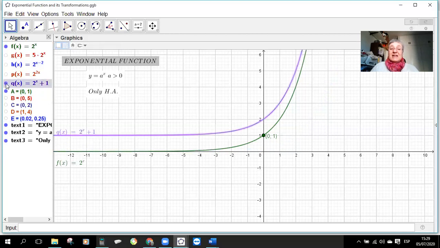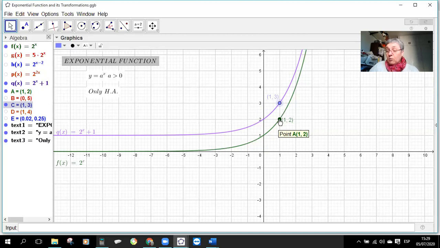What happens if I add 1 to 2 raised to the x power? So then the graph of the function will be moved up by 1 unit. Let me show you a point here. So the y-intersection has been moved 1 point up. And for every single value of x, you will have a difference of 1 in the y coordinate. For the same value of x, you will have the values of y increased by 1 unit,